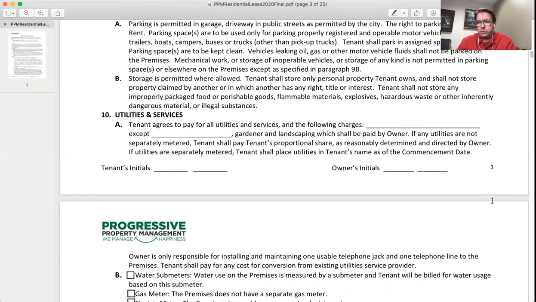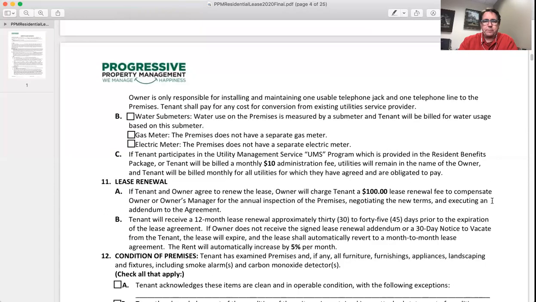And we always encourage our owners to have the owner pay for gardening and landscaping. We don't want you to be doing that. And if we do meter it, we'll let you know what that looks like. So what we mean by metering, let's say it's a 10-unit building and you live in 1 unit, then you'd be responsible for 10% of the total water, 10% of the electric, depending on the situation. And this is where it says if they're sub-metered.